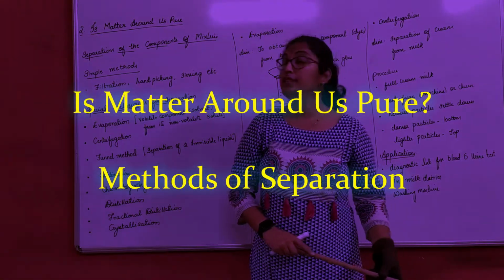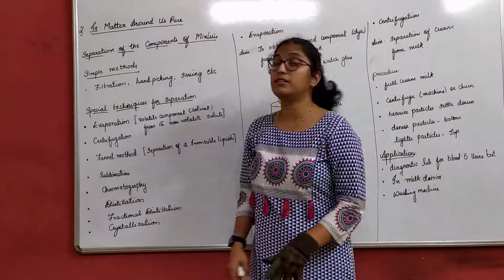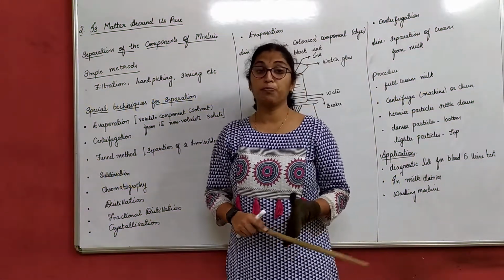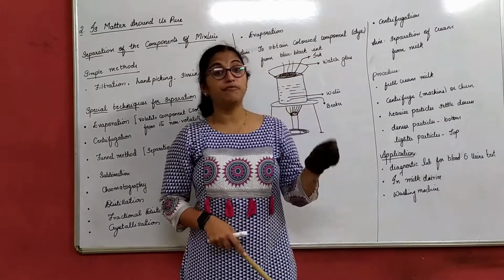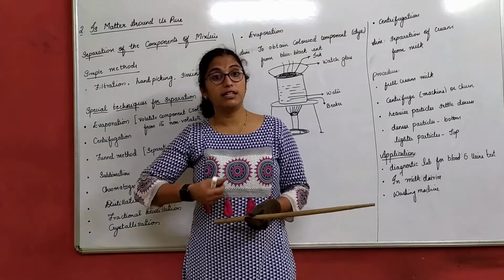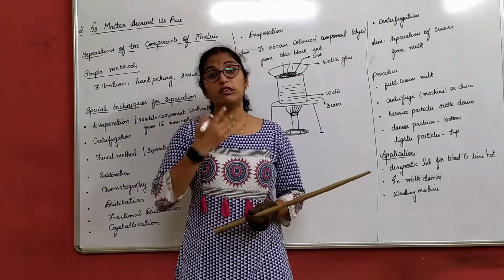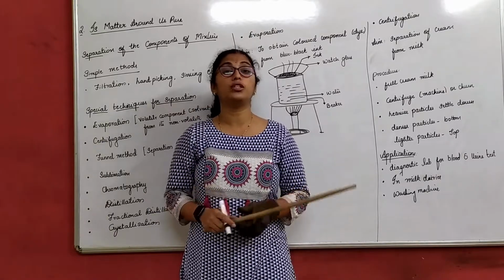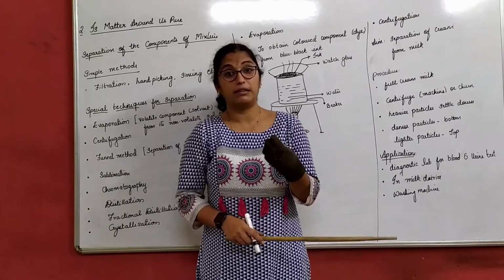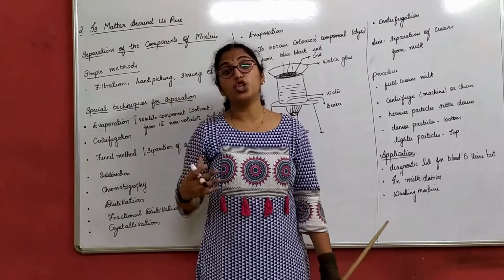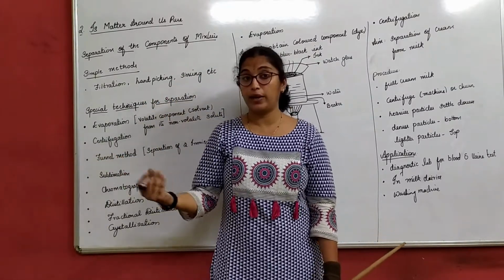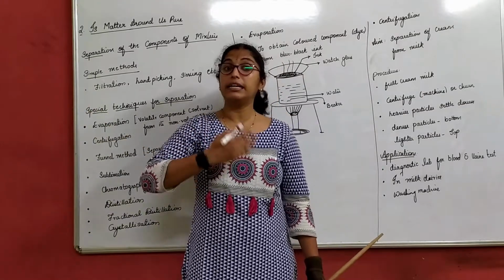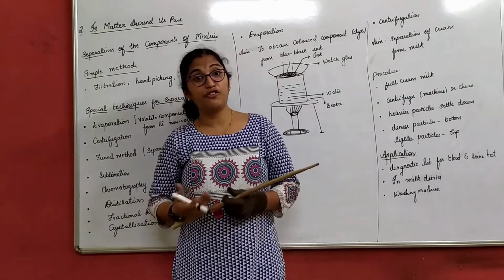Good morning. So we'll start session 5 on the chapter Is Matter Around Us Pure? In our previous class we understood the different types of mixtures, that is colloidal solution, suspended particles or suspension, and in the solution, the combination of the particles. That means in a solution, we understood that when it is liquid in liquid, the type obtained is liquid. Examples for that. But in colloidal there is a different form.